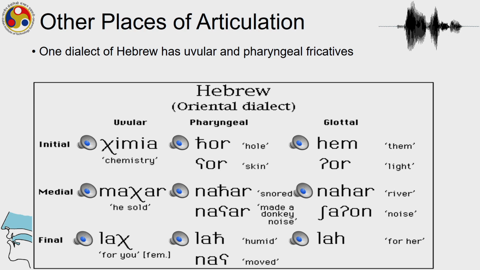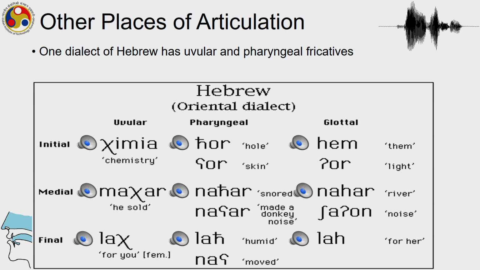Chimia, hem, hor, hem, mahar, So initial mahar, uvular, pharyngeal, and glottal. mahar, Uvular, nahar, pharyngeal, nahar, glottal. lach, Final, lach, uvular, lach, pharyngeal, la,